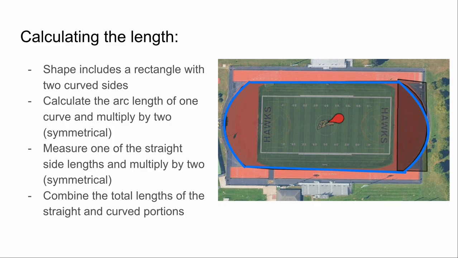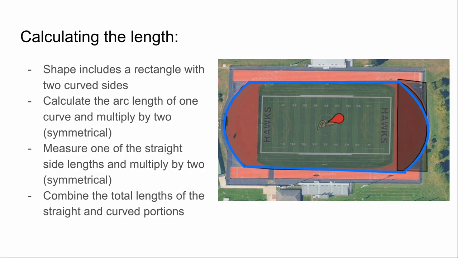sides and decided that I was going to calculate the length of one of the curved portions using the arc length formula and then multiply that by 2 because it's symmetrical, as well as using the measuring tool to calculate the length of one of the straight side lengths and then multiplying that by 2 as well because it's also symmetrical. And then finally, I would just combine the total lengths of the straight and curved portions to get the total